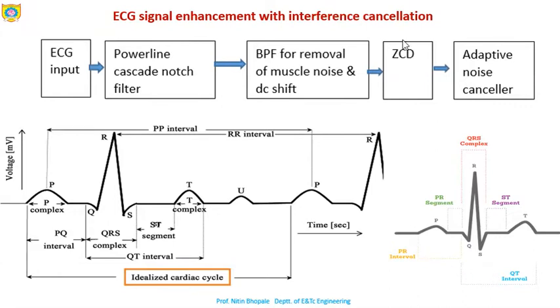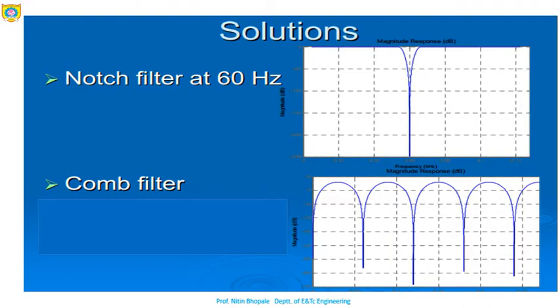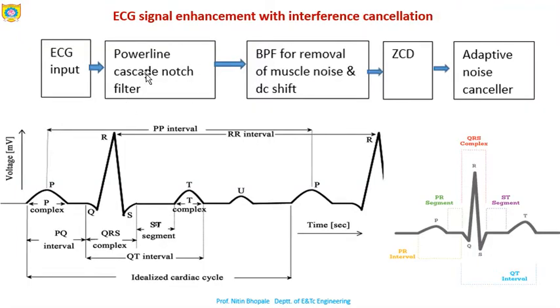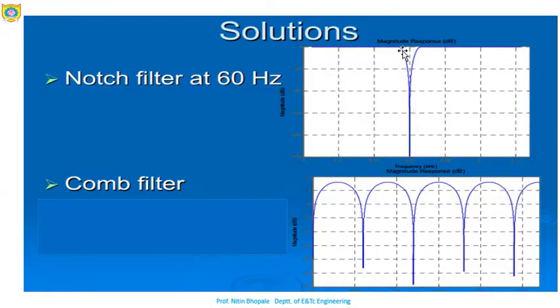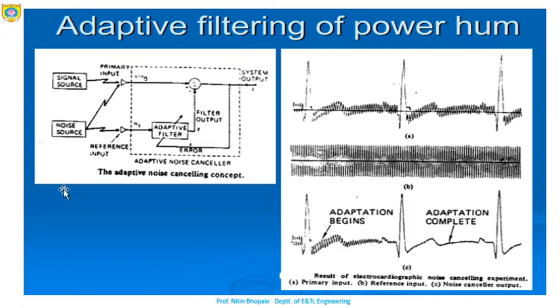So for this we can have other solutions also. Let's discuss these other solutions. We can go for solutions like the notch filter, which we have seen in the block diagram itself. This is the notch filter, so it will work for the specific frequency. This is where the notch comes into the picture. After that the comb filter or the band pass filter can be used. And next is the adaptive filtering.